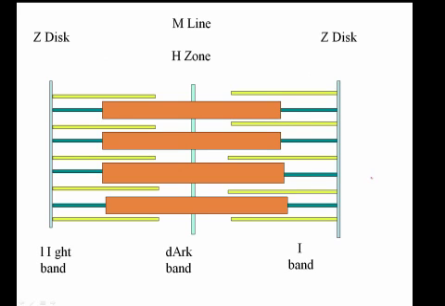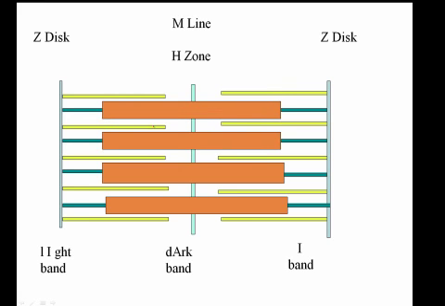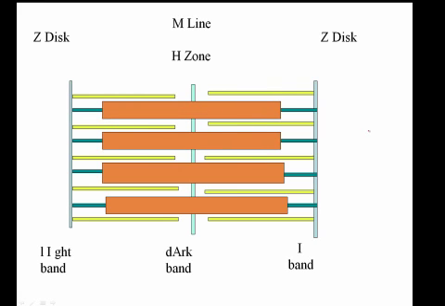So here's my first ever home movie. Again, we have the Z-lines. You see the actin thin filaments extending from the Z-line towards the middle of the sarcomere. The large orange bands would be the thick myosin filaments. And so if cross bridges form, the myosin head grabs the actin and pivots, and so the entire sarcomere shortens. This is called the sliding